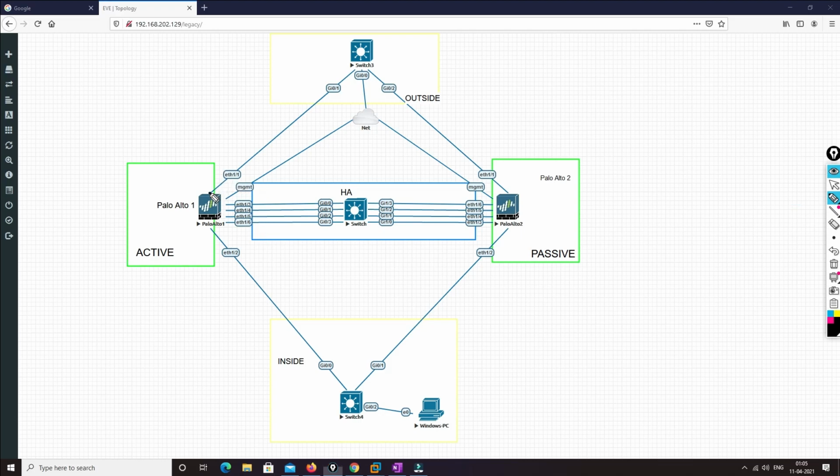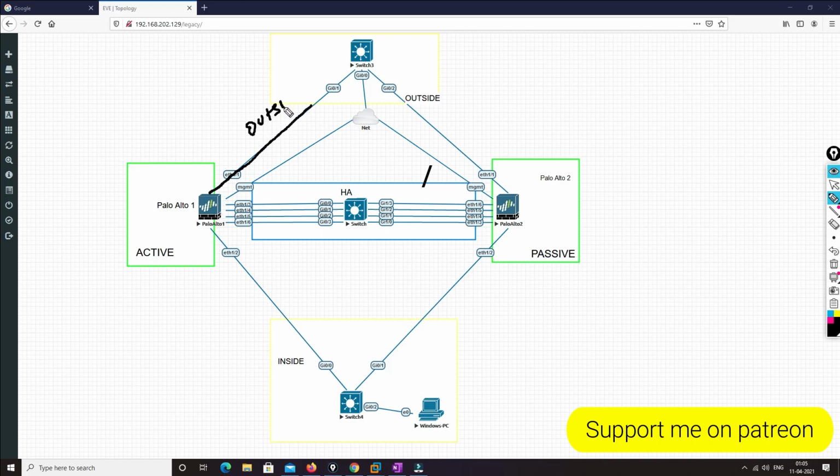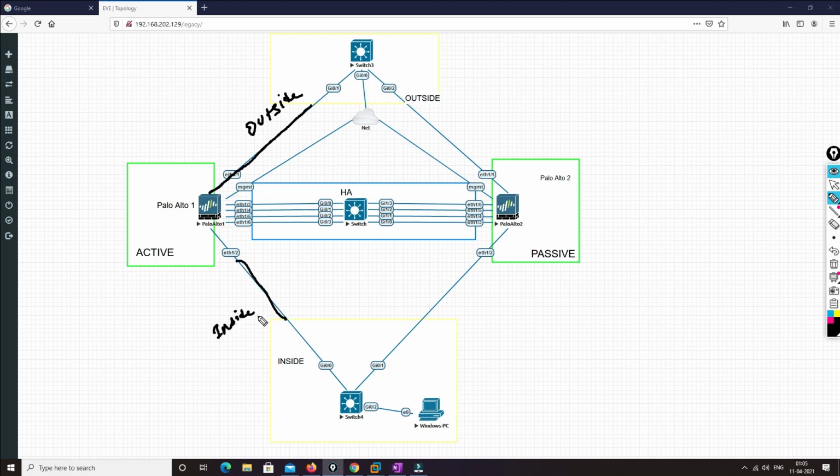Ethernet 1/1 is outside, connected to the internet, and 1/2 is our inside network. These are the interfaces that we are using for HA, and this is the management, which is connected to our local machine, so locally we are accessing Palo Alto 1 and Palo Alto 2.